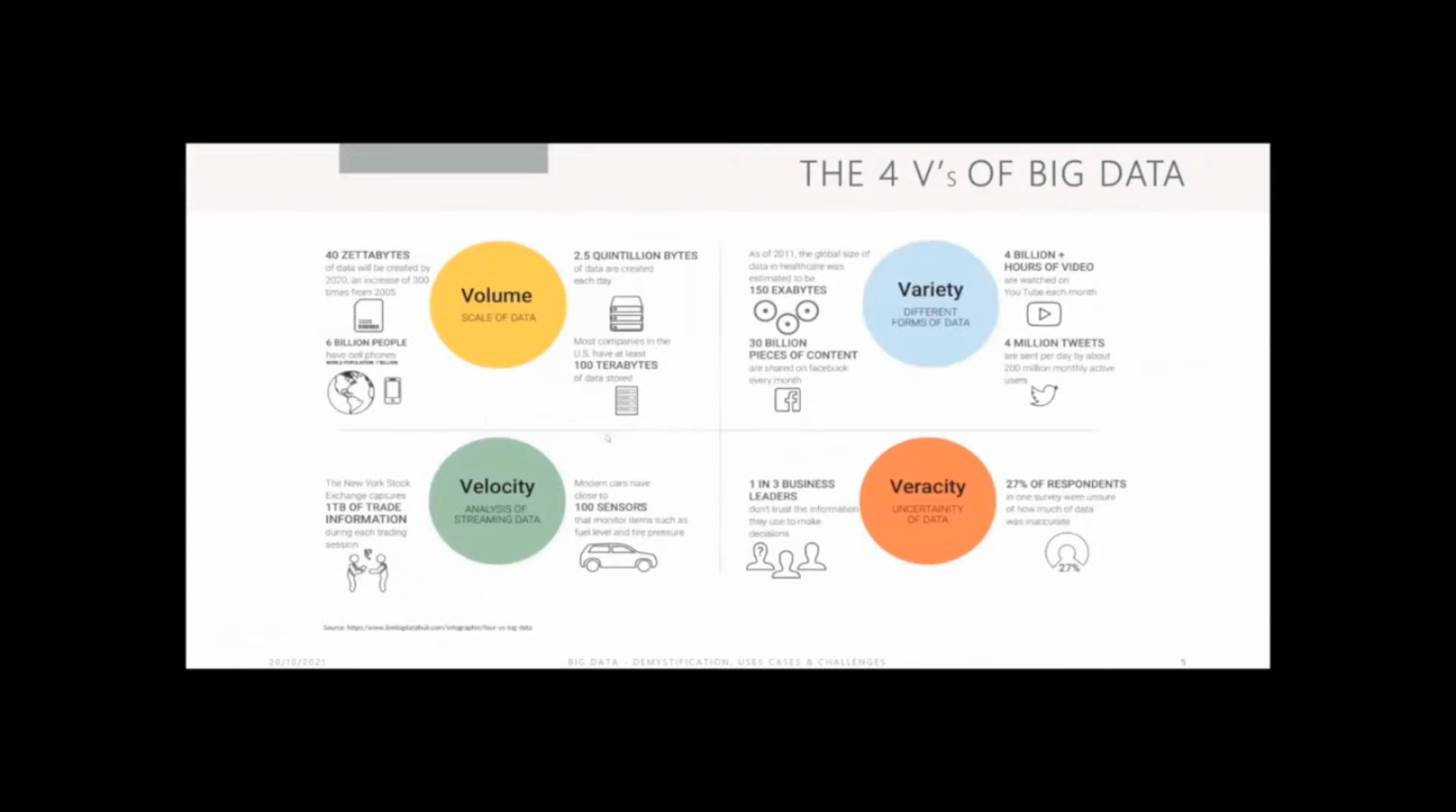Talking about big data, you can't talk about big data without talking about the four V's of big data. What do these four V's stand for? The four V's are volume, the scale of the data; velocity, how fast this data is being generated by the day; and variety, the different forms in which this data comes, like tweets, videos,